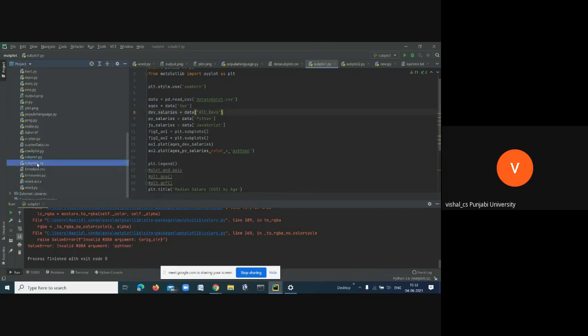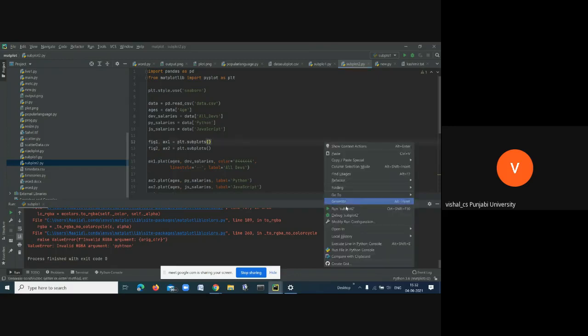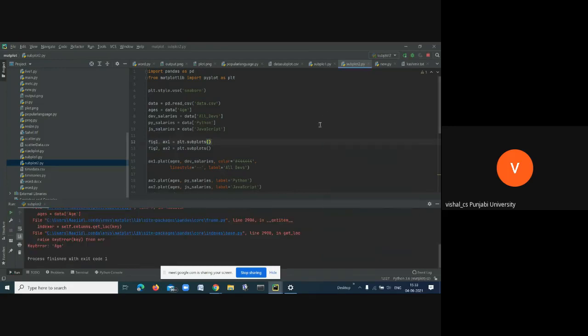In subplot 2, I have something like this. You can see what I have done here. Are you getting it? If I run this, you run this and see. The same error that was coming is known as the data subplot error actually.